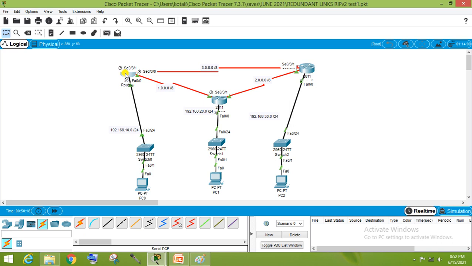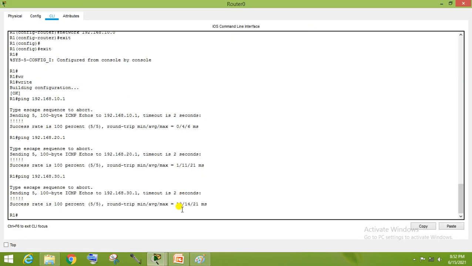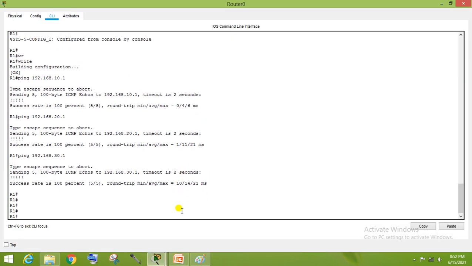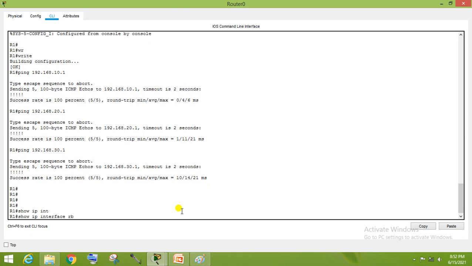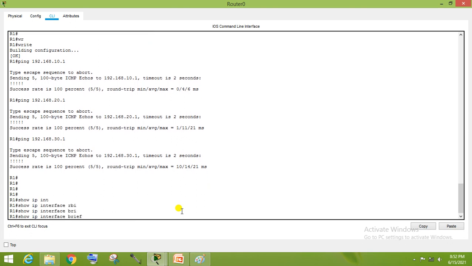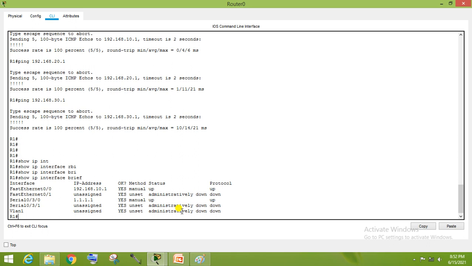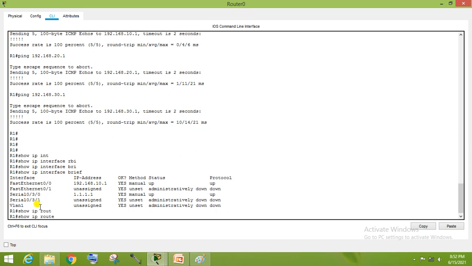So first log into this router. Show IP interface brief. Okay, now assigning an IP address to this interface. Okay, another router. Show IP route.